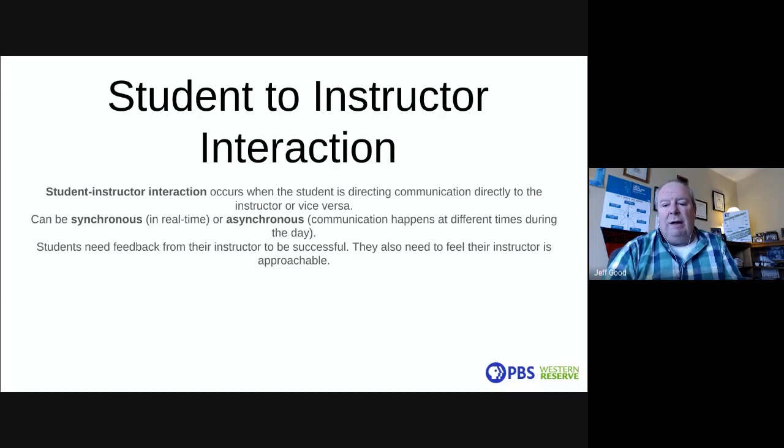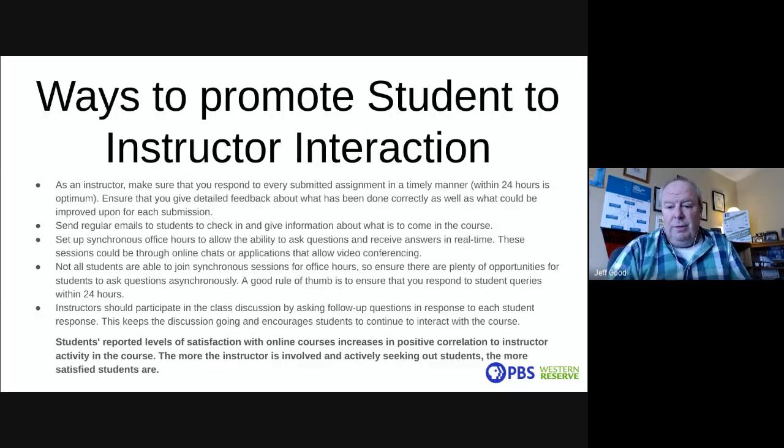But keep this in mind. Students need feedback from their instructor to be successful. And they also need to feel that their instructor is approachable. So how do you do that in an online world? Well, as an instructor, first of all, make sure you respond to those submitted assignments in a timely manner. It is suggested, and I've always suggested, that you try to get all those done within a 24-hour period,